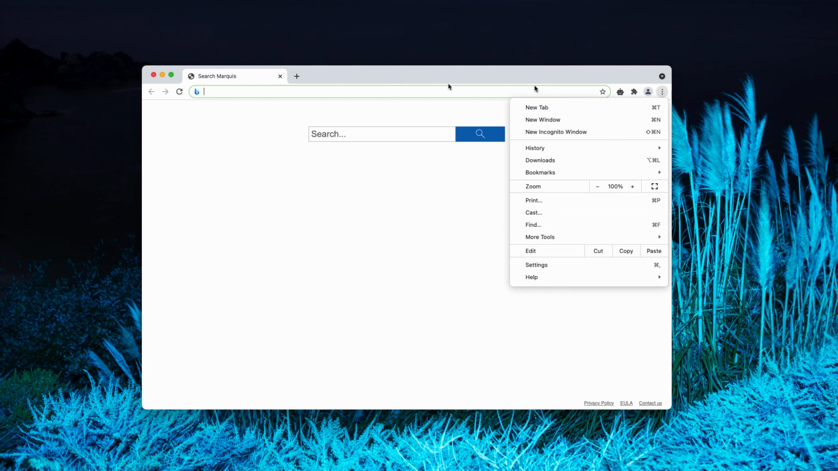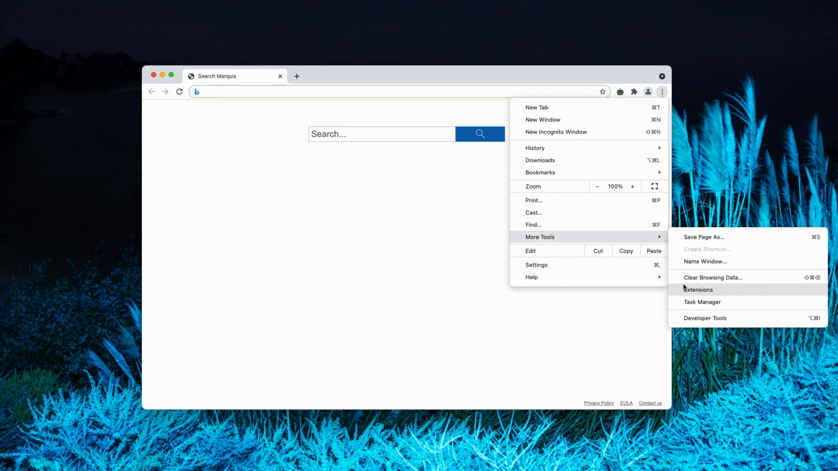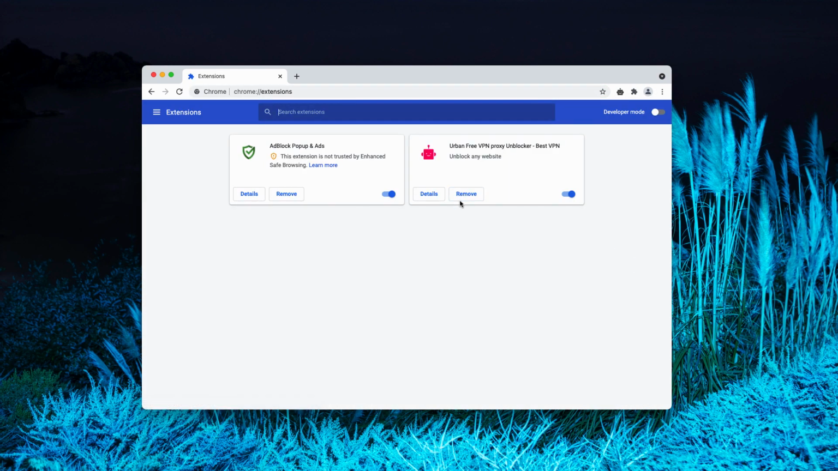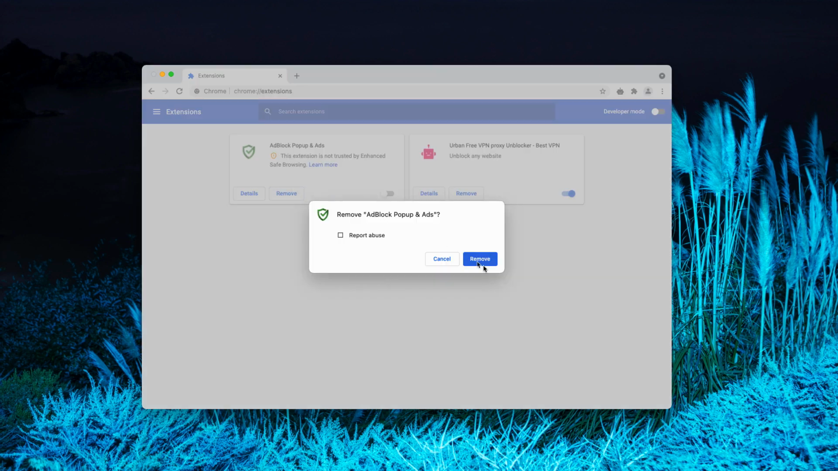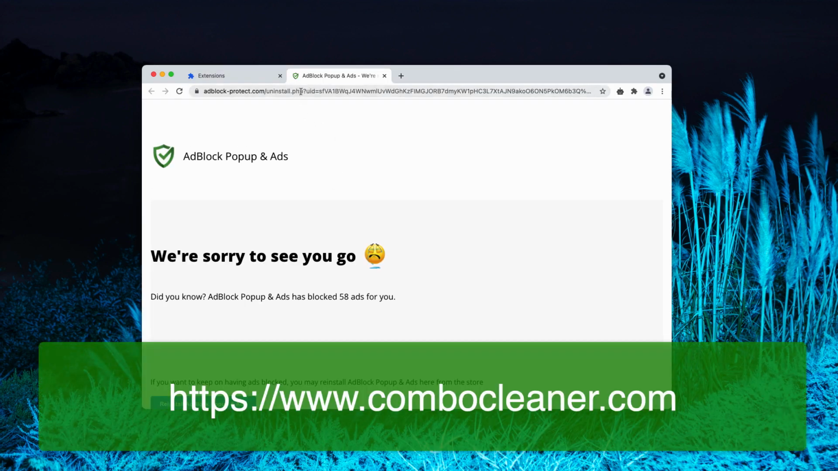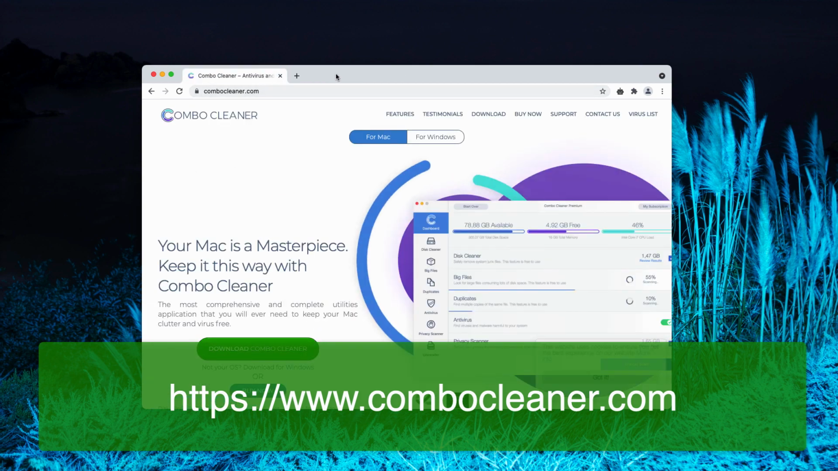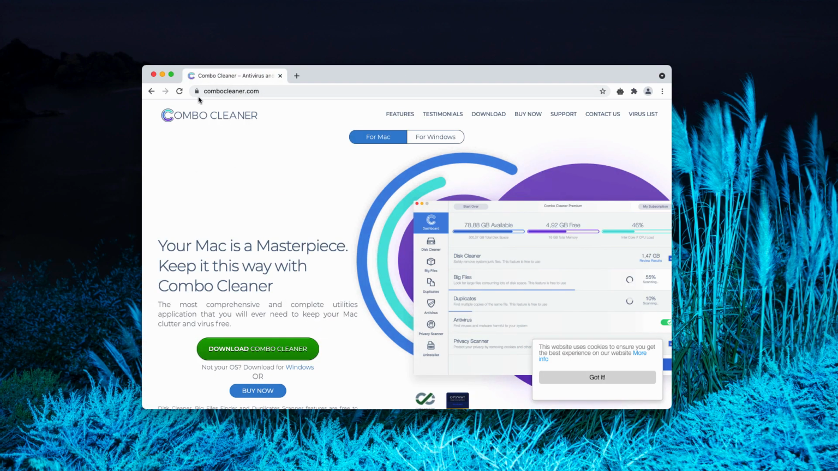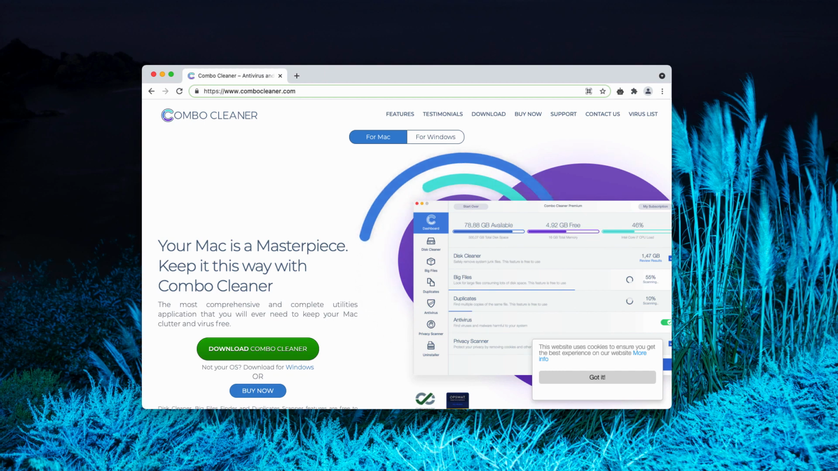Go to the menu of your Google Chrome, click on More Tools, then click on Extensions. So now you need to disable this AdBlock pop-up and ads extension, deactivate it like this, and remove the extension entirely. Finally, I recommend that you additionally inspect your system with Combo Cleaner by going to the page combocleaner.com, downloading